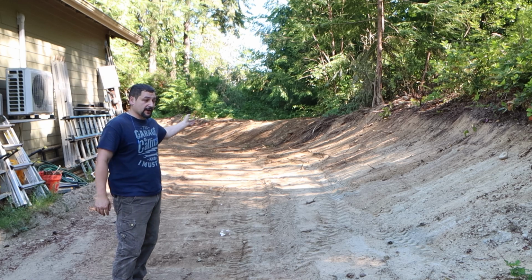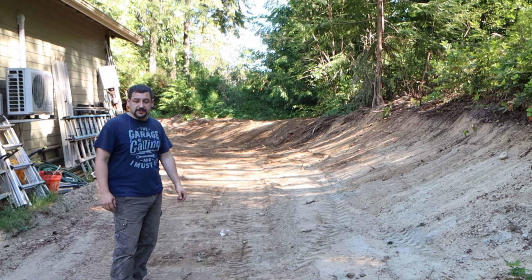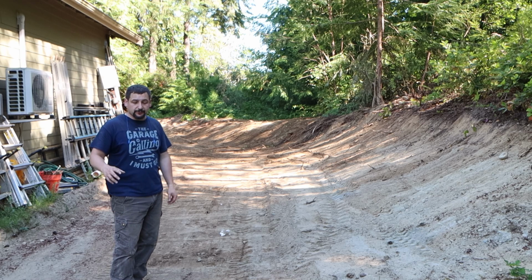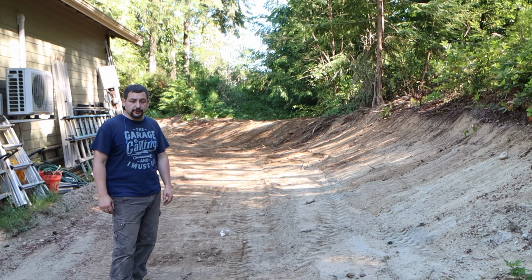the rest of all this dirt graded out. Got approximately the slopes and things we need. When I get ready to put the foundations in for the posts, I will come back with the laser level and shoot in grade and get it a little more accurate so that the water flows off properly. But overall,